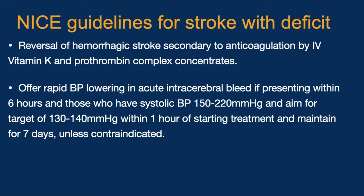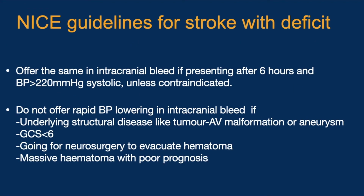We offer rapid BP lowering in acute intracranial bleed if presenting within 6 hours, and those who have systolic BP of 150 to 220 millimeters of mercury, and aim for a target of 130 to 140 millimeters of mercury within 1 hour of starting treatment, and maintain this for 7 days unless contraindicated. We offer the same in intracranial bleed if presenting after 6 hours, and if the BP is more than 220